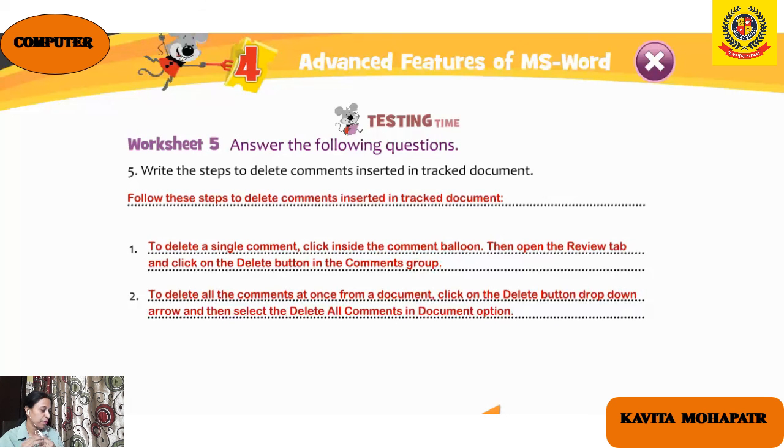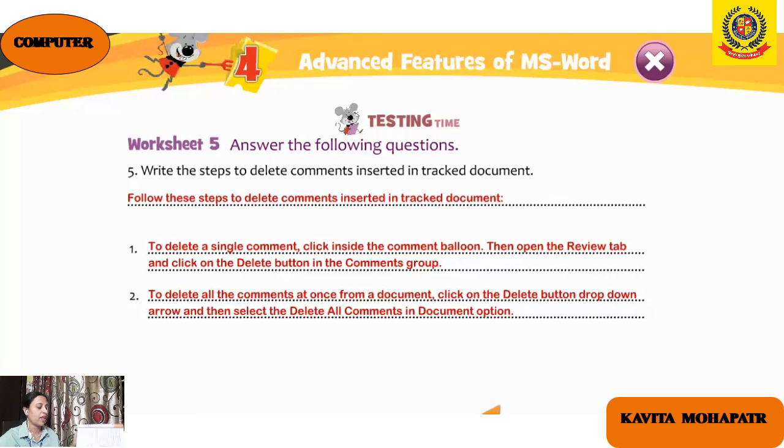So I have explained worksheets 1, 2, 3. Worksheets 1, 2, 3 you have to do in the book, and worksheets 4, 5 you have to do in the notebook. And children, you have to draw the diagrams. Whatever diagrams are given in the book, you have to draw all of them: all the mail merge steps, adding comments, inserting hyperlink.